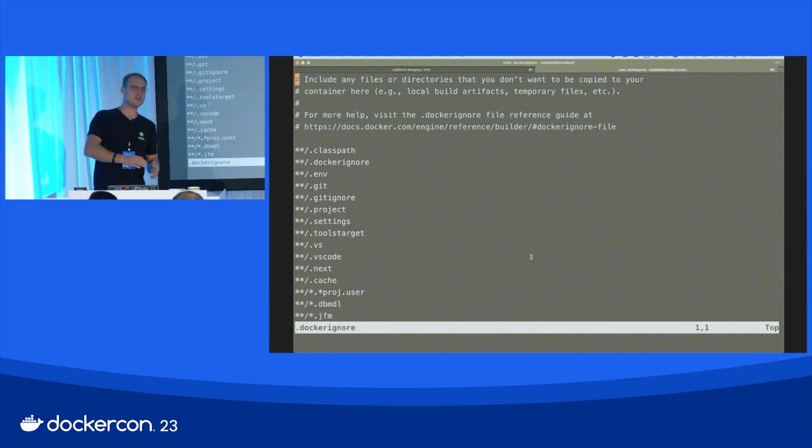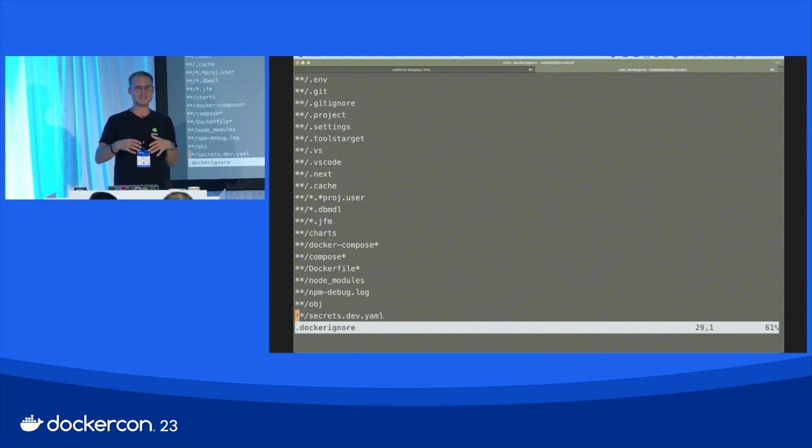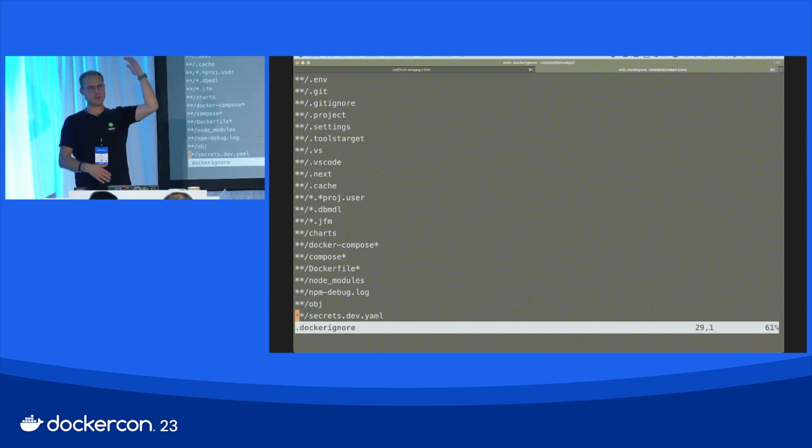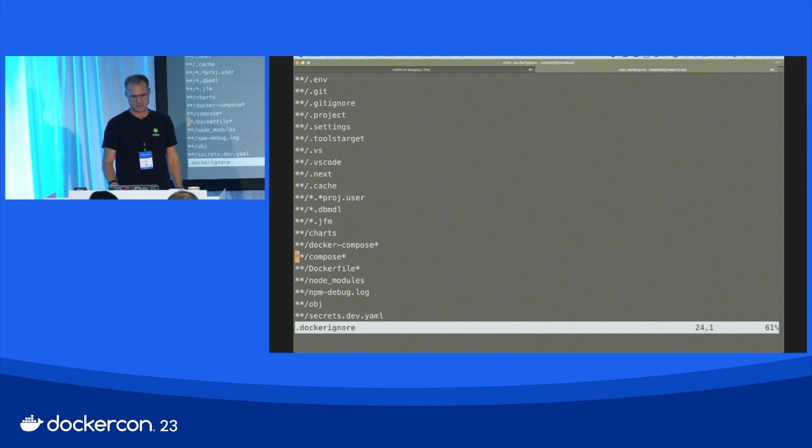Docker ignore is similar to what Docker build is doing when you have a copy command in your Docker file. In your Docker file, you have copy dot to something inside of my container image. If there's nothing defined in Docker ignore, it will basically copy everything that's in your directory into your container image. Sometimes you don't want this because